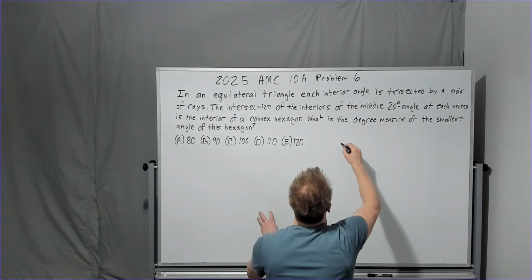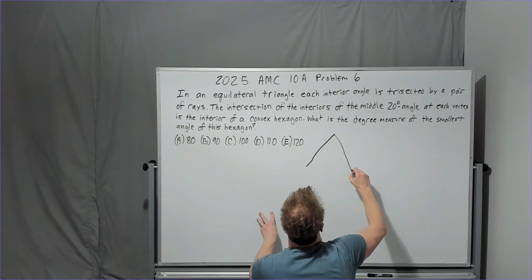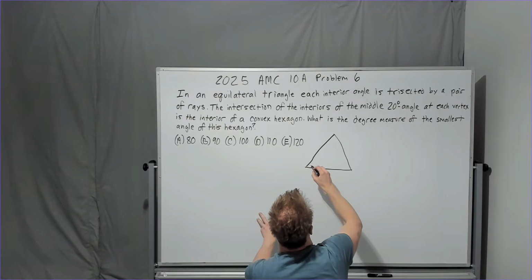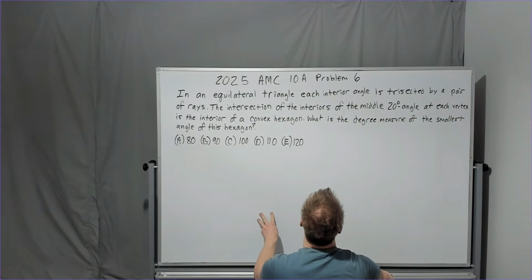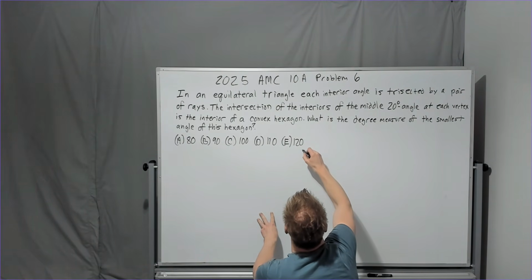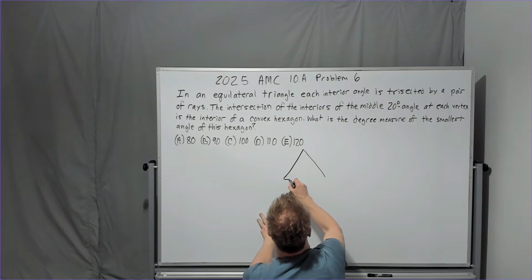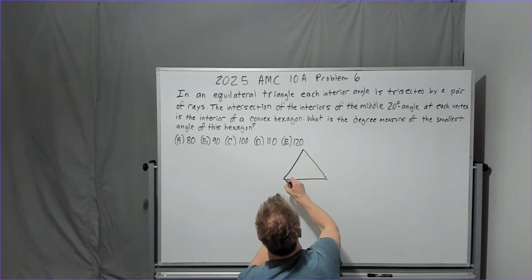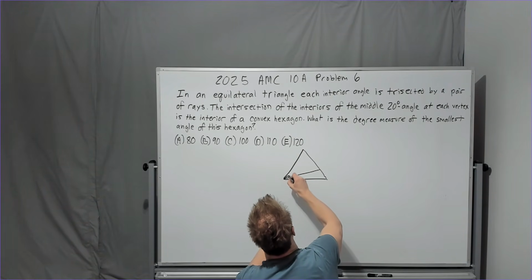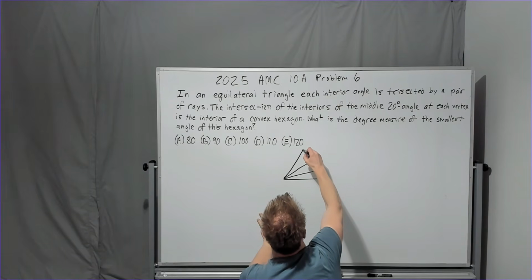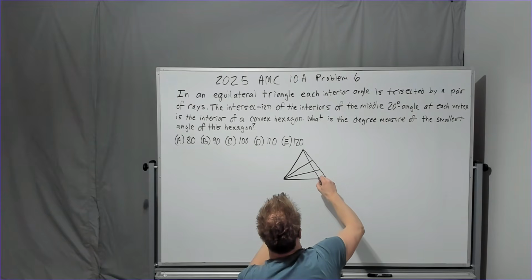So I'm going to try to draw fairly accurately an equilateral triangle. And then, actually, I don't even really like that. We're going to do it again. No, we're not editing. Let me just do it over here so it's straight on. That looks a little bit better to me. Okay. Then if I trisect this angle like that, and I trisect this angle like that,